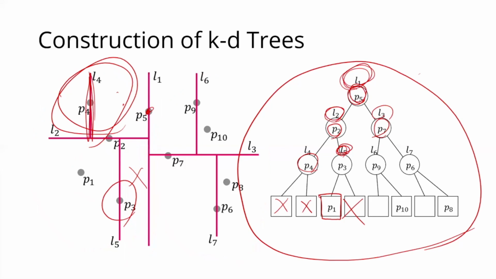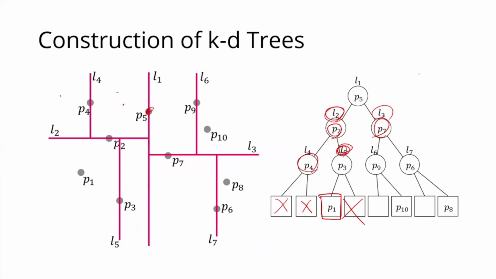Now, given this binary tree, let's say I have a query point here. That red dot over here is my query point, and I'm going to call it Q. So Q comes in. Instead of comparing Q against all 10 points, what you're going to do is first compare it with